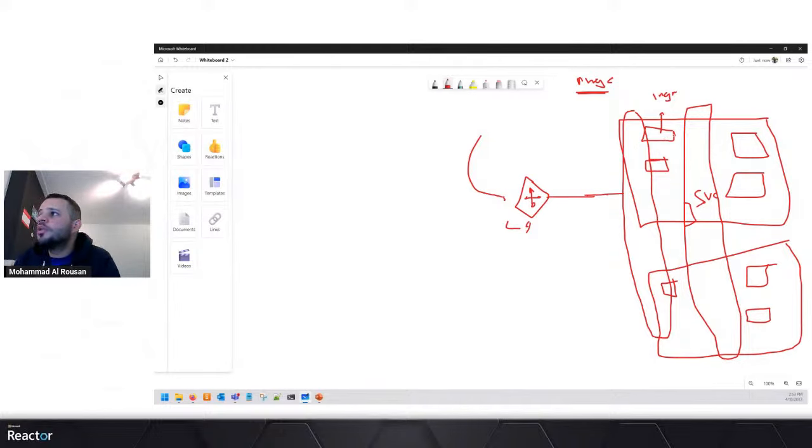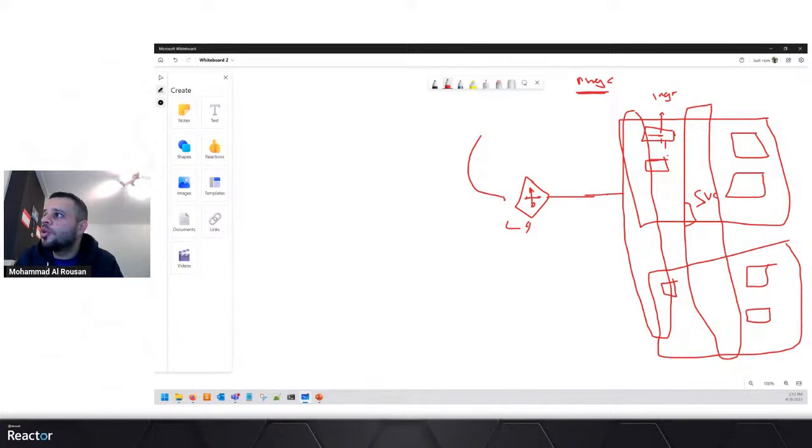So it will see where the traffic is going, and whether it needs SSL termination. All the smart things will happen inside this pod. And since this pod is inside your cluster, it will be able to see all the services and reach any service inside your cluster. So here, all the smart things happen.